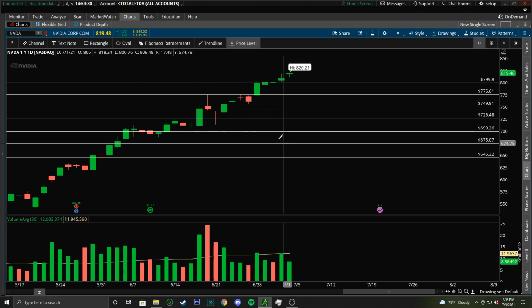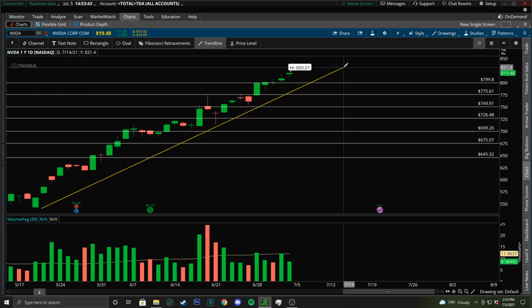But as you can see here on NVIDIA, marking those levels, you can even go back and visualize these levels. I know I didn't perfectly mark them or anything, but just looking at the levels of psychology, you can actually see the staircase movement up from them. So let's look just at this uptrend, what's actually going on up here. Price is moving up, staircased, held above that level, pushed up, staircased, held above that level, pushed up, staircased, held above that level, moved up. Again, it didn't even staircase this time, it just kept going. But as you can see, it is utilizing those levels of